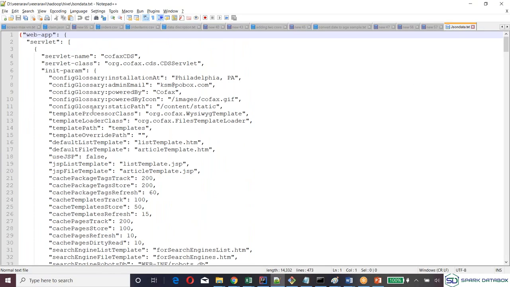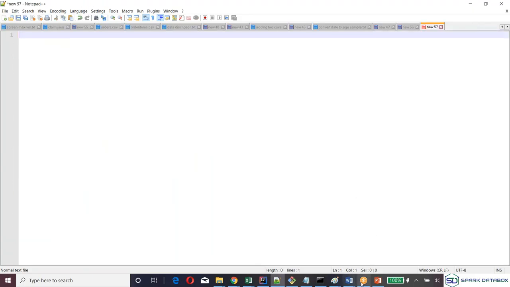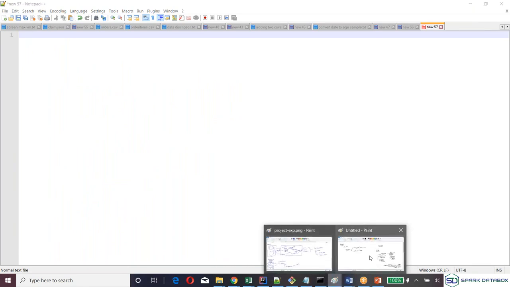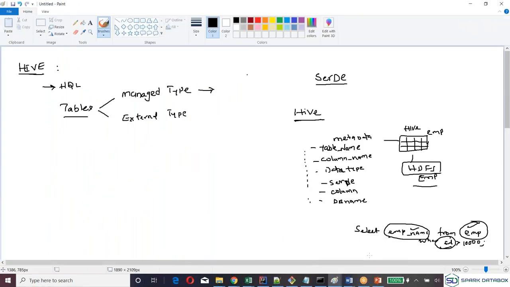So this is my data. How will I know which column, which field I'll call as employee name, which field I'll call as a salary, which field I'll call as something else? How will I know that? But the flat file will not be knowing, no? Yeah. The flat file will not be knowing any information. Everyone agrees or not? Yes. In the flat file, you will never know.